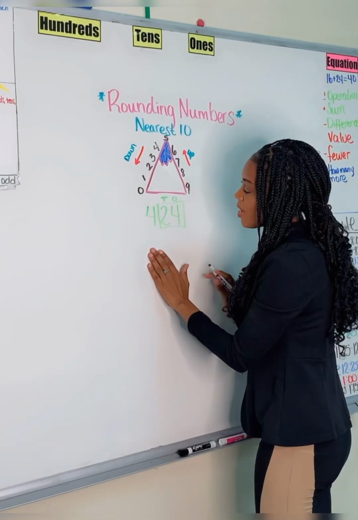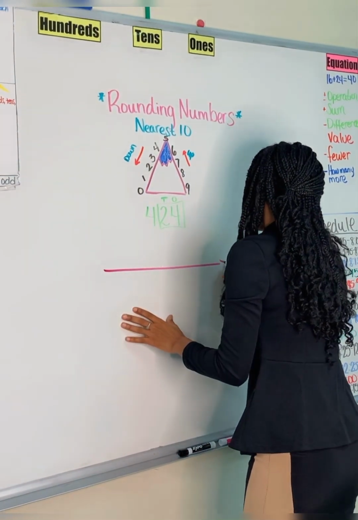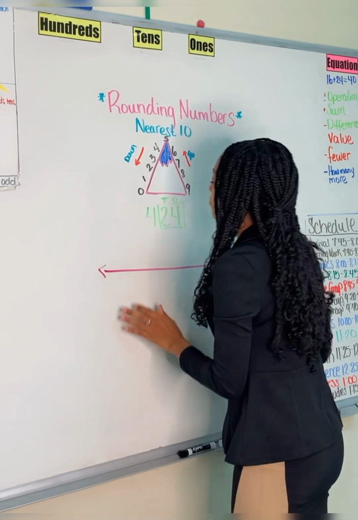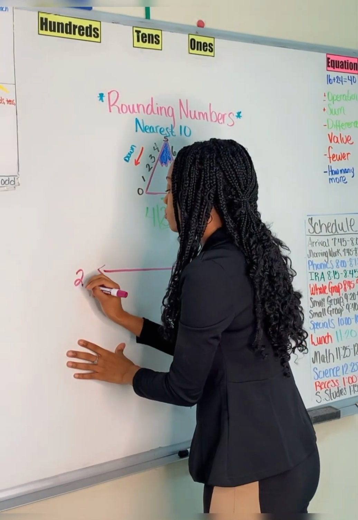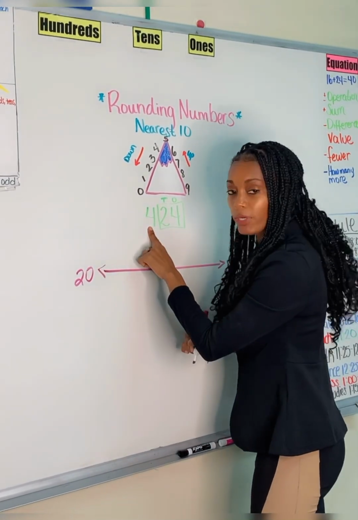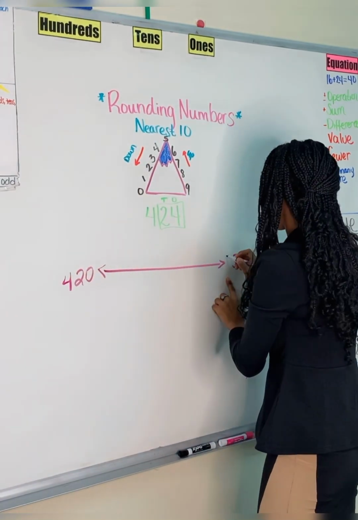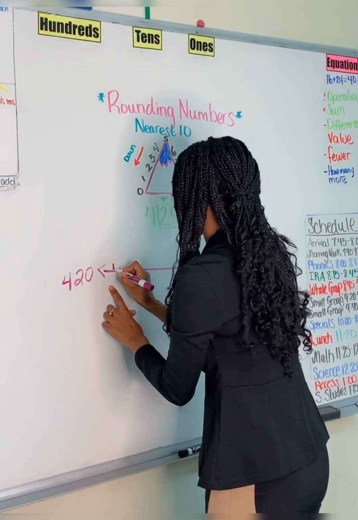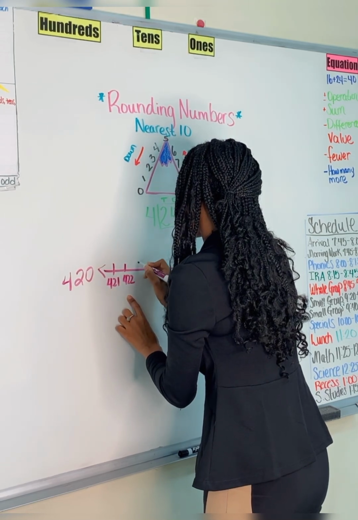So now I'm going to go ahead and draw my rounding number line. So again, we said that 24 comes between the numbers of 20 and 30. And then all I'm going to do is add that 100 right back to the number. So then that becomes 421, 22,